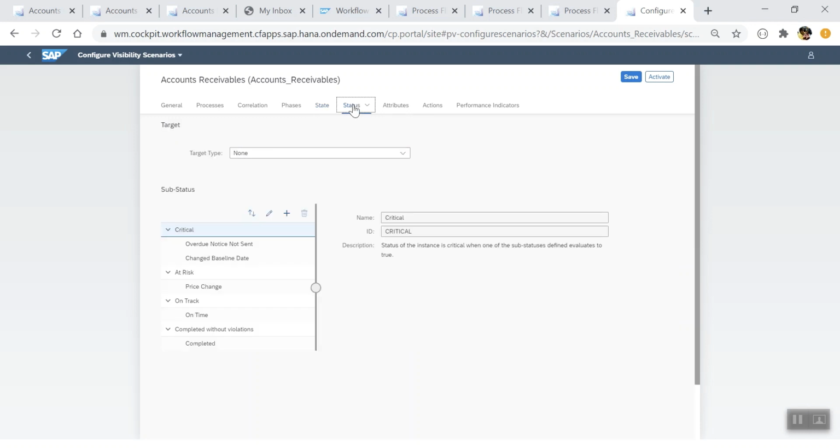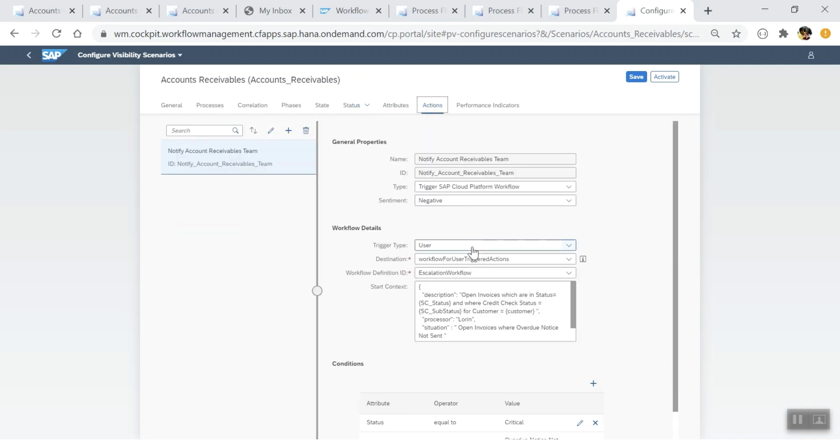Next, you can define statuses that help classify if the invoice payment is critical or at risk. So, if the process is running critical or at risk, then it might call for an action, as we just saw in our demo where an escalation workflow was triggered.